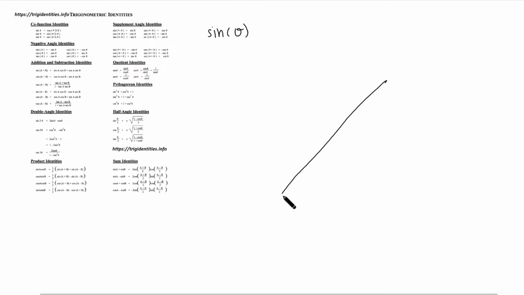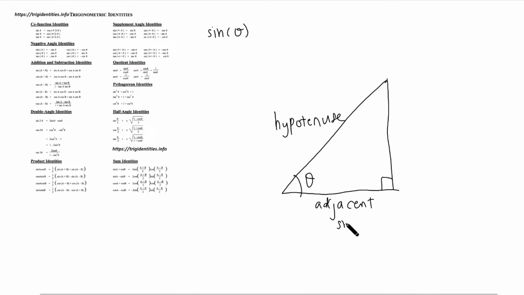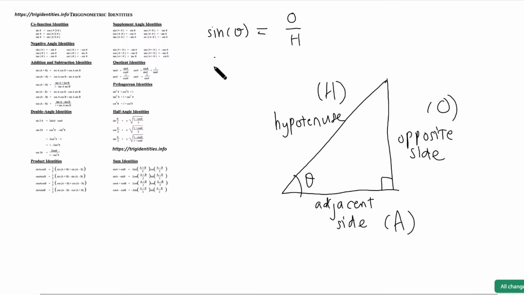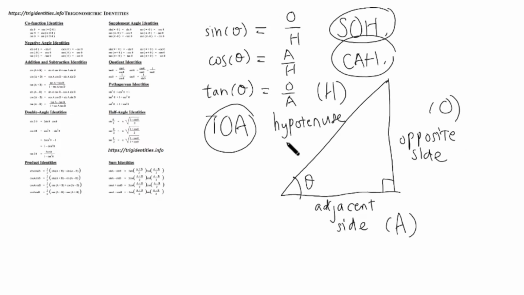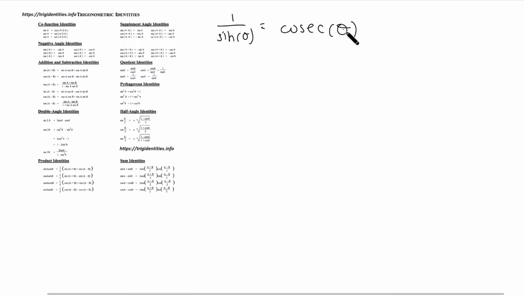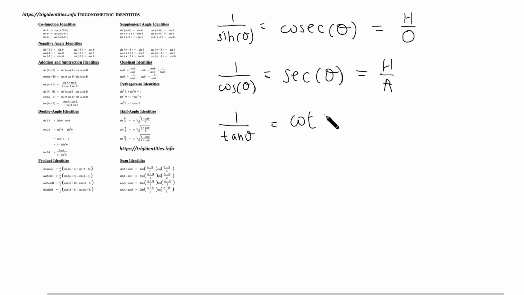Another important thing to keep in mind is that all trigonometric functions are essentially ratios. In a right-angled triangle, sine refers to the ratio of the side opposite of the angle over the hypotenuse. Cosine, the adjacent side and the hypotenuse, while tangent is the ratio between opposite and adjacent. Usually, to help beginners memorize, the phrase SOHCAHTOA is coined, or basically sine equals opposite over hypotenuse, cosine adjacent over hypotenuse, and tangent opposite over adjacent. Moreover, it is given that cosecant, secant, and cotangent are simply the reciprocals of sine, cosine,